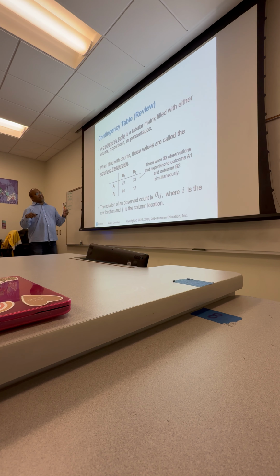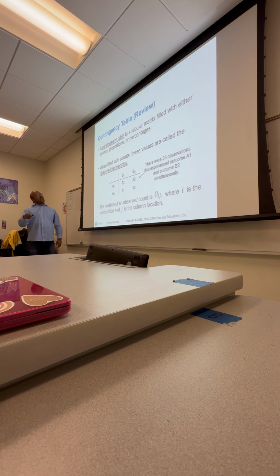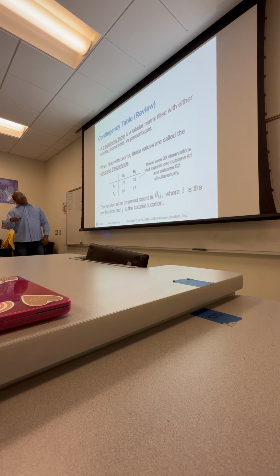the table with frequencies or counts. You could fill them in with proportions or relative frequencies, but for the sake of this test, we're going to put counts in there, okay? So for example, that 33 says that there were 33 observations that had this outcome, A1, and this outcome, B2,